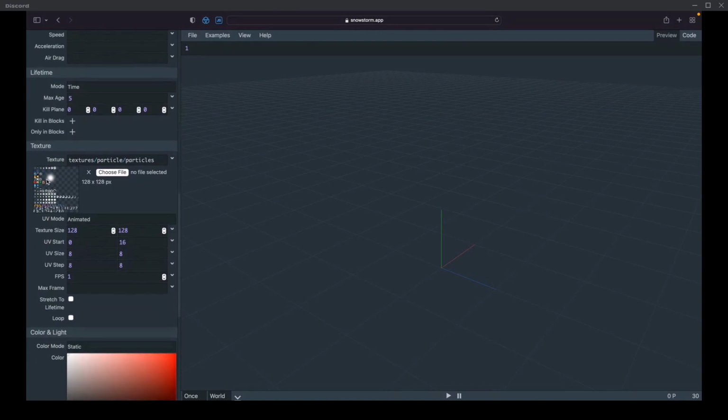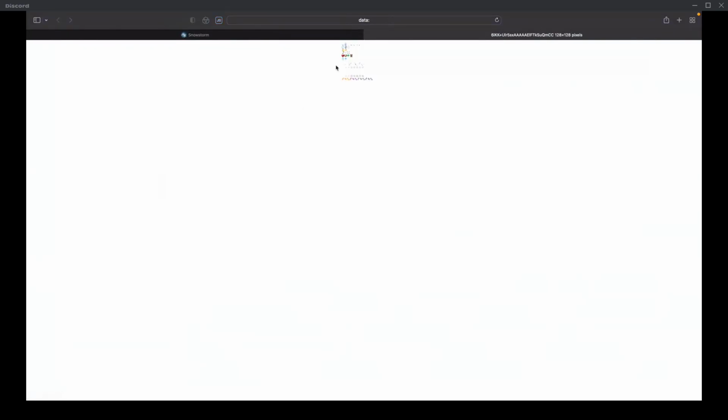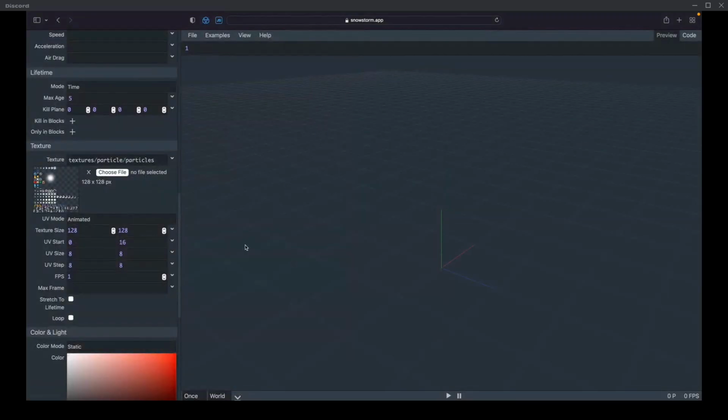Can I just open this in a new tab? Will Safari freak out? It's somewhat visible. Unfortunately, it's not as crisp. But I started up here, and it's going down 8 by 8 on this texture map. There, and then there, and then there as the origins. And then it's 8 by 8 every time. So it's like the bubble, and the flame, then the sparkle, and then the villager head or whatever. What is this even used for? I've seen this so many times. I have no idea what it's used for in vanilla. That's a good question. I don't know. It's just there like so many other things.